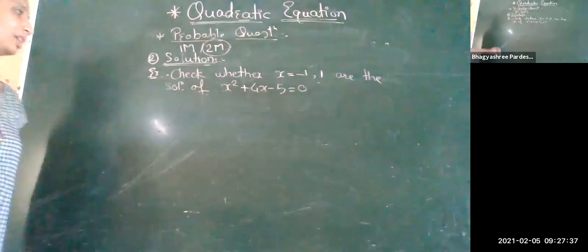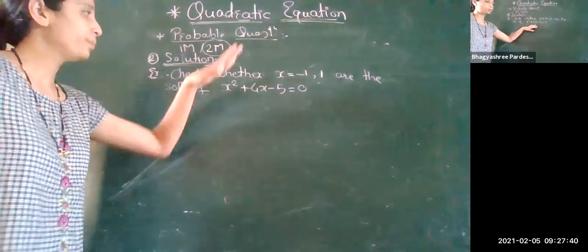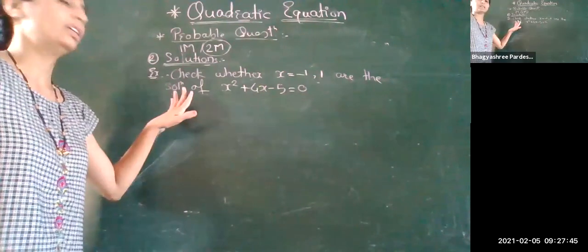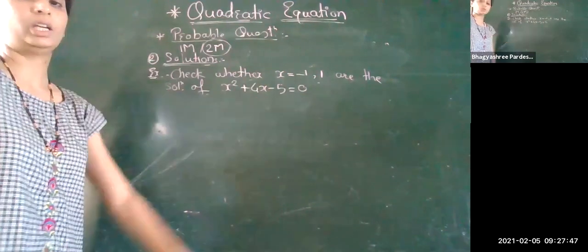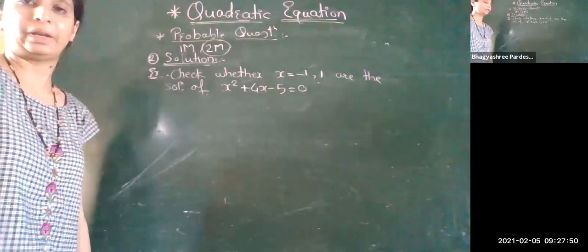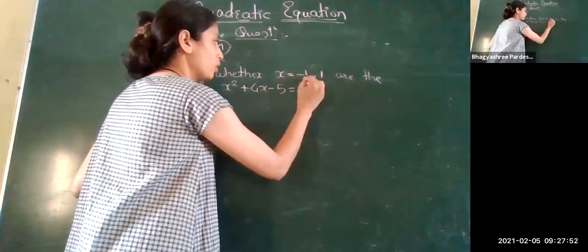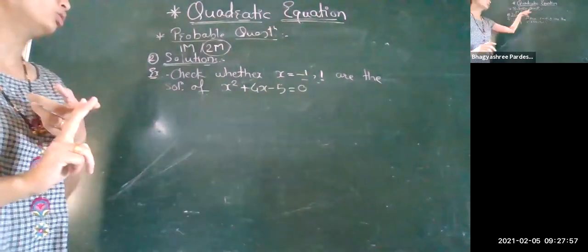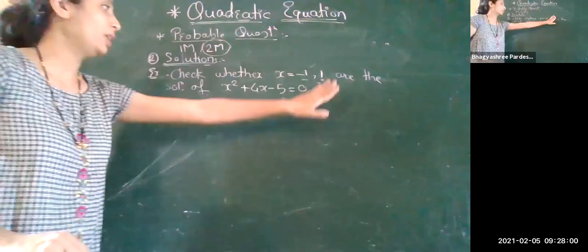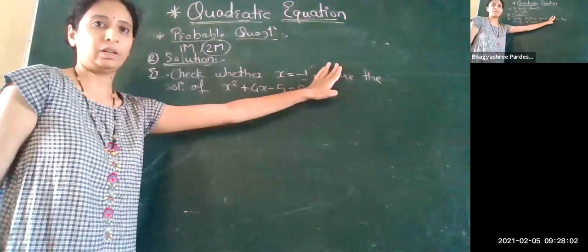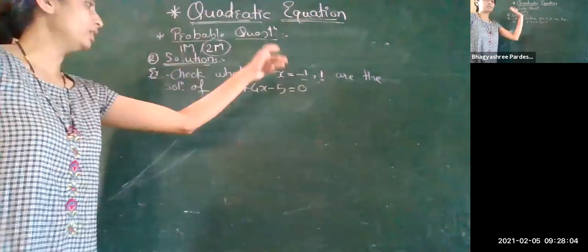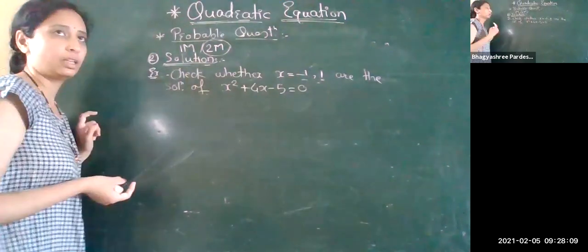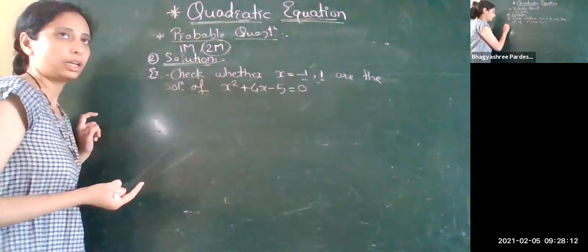Here is a simple question: a quadratic equation is given to you. 2 values of x are given to us, and we have to check whether these are the solutions of this quadratic equation or not. Again, look at one thing. 2 values of x are given, that means 2 roots are given. We have to check for 2, so it is asked for 2 marks. If only 1 value is given, we have to check only for x is equal to 1, and it will be asked for simply 1 mark. If the steps increase, the marks will also increase.